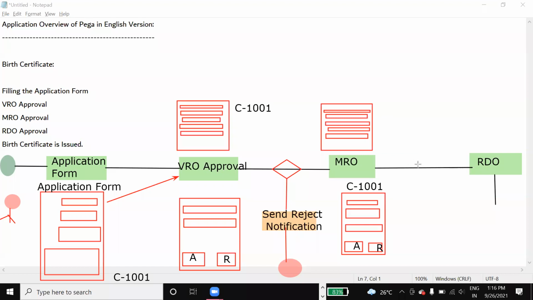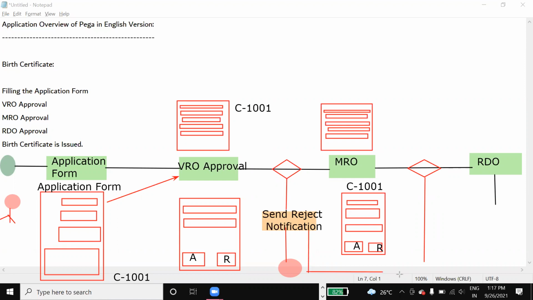And now again there will be a decision shape here. If the MRO approves, it will go to the RDO. If he does not approve, I mean if he rejects, then we will send a reject notification again.